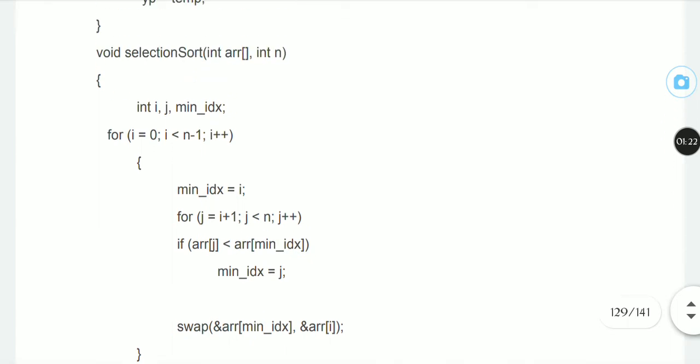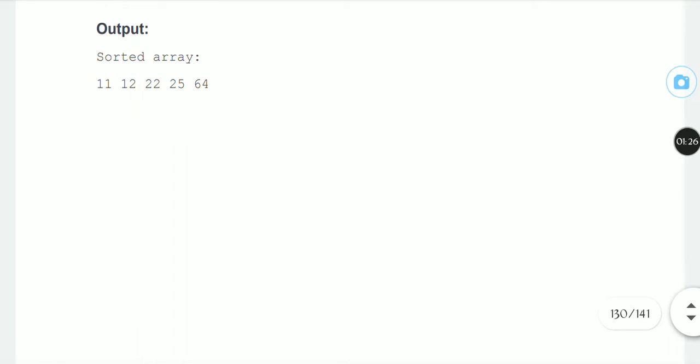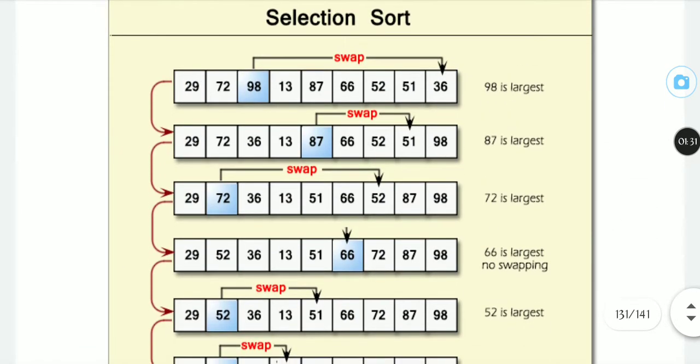It is a program, and it also has two for loops. Let's see, this is a selection sort. In this, we have to select a particular element which we have to swap. First, I have selected